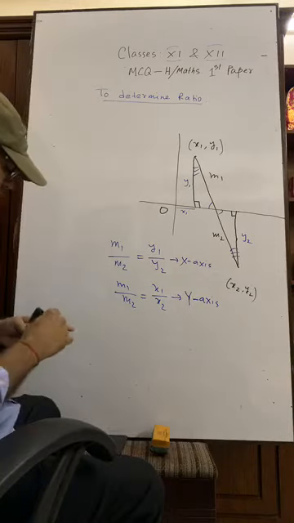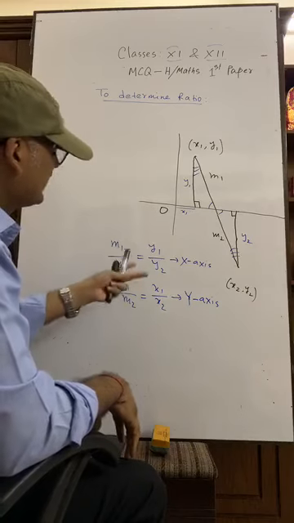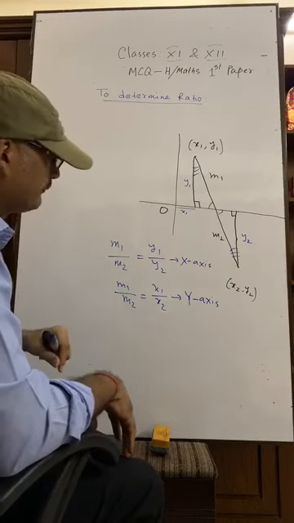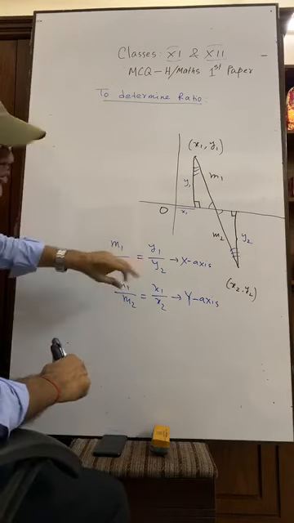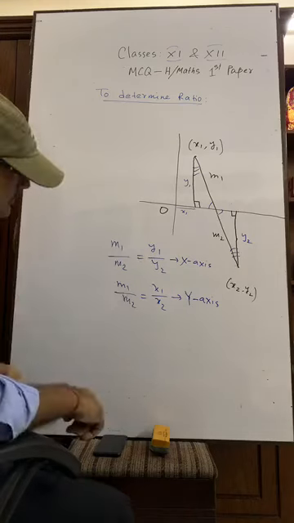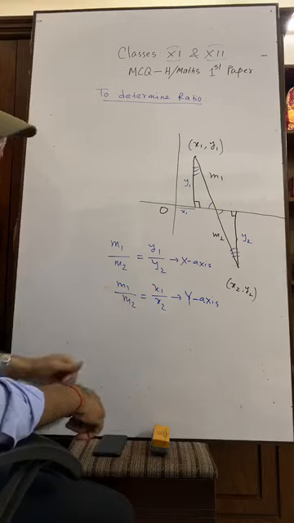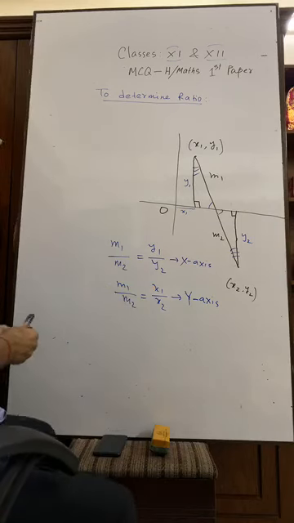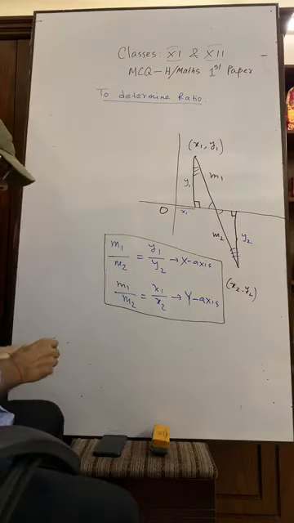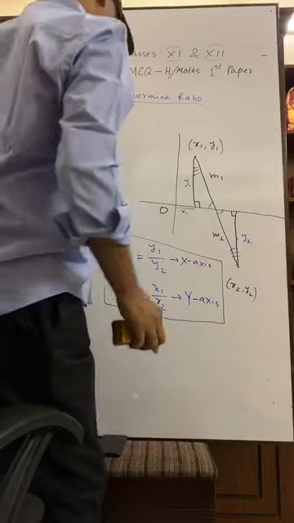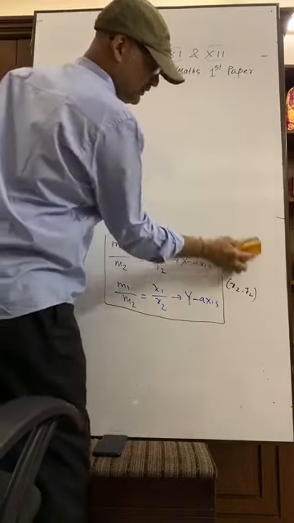Please try to understand. We don't need to do a math like one page or 2 pages. No need. We can easily determine the ratio. So the formula is m1 by m2 equals y1 by y2, and for the y-axis it is m1 by m2 equals x1 by x2. Please write down these two lines. Now let's try to do some maths.